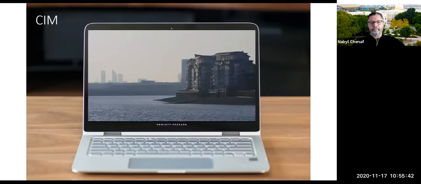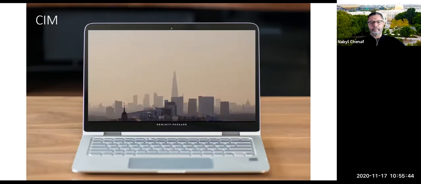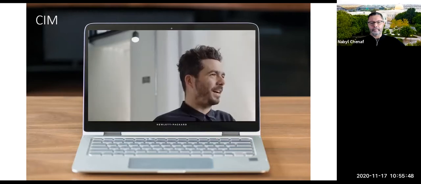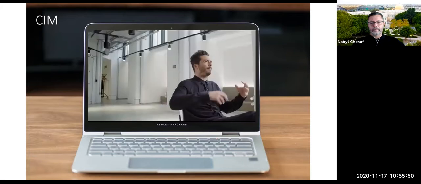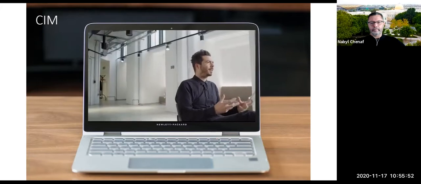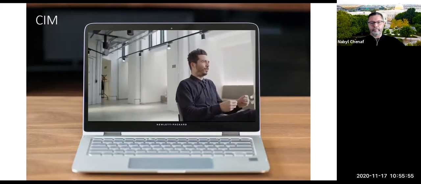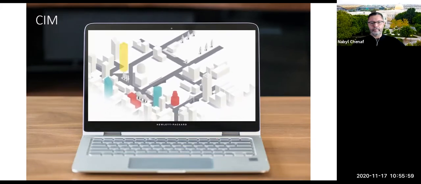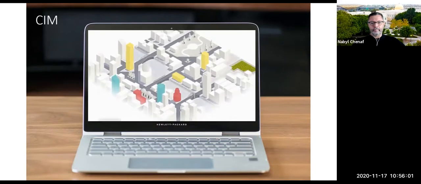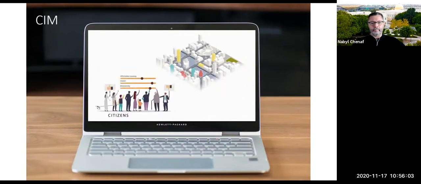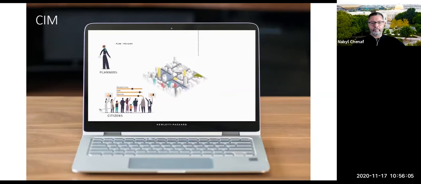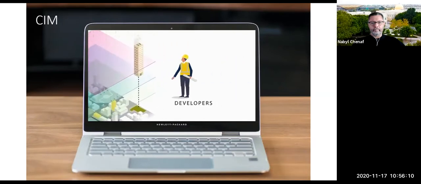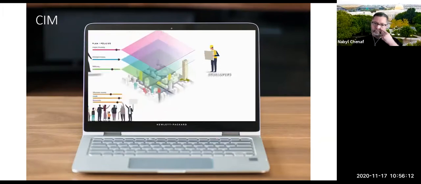The way we plan cities today, it takes about 4 to 5 years to actually produce a plan. By the time these plans are done, these plans are out of date. If we have the city information model, architects and developers will be able to test their proposals before actually building them. We think that a city information model should be valuable for a number of different actors in the city. So citizens can understand what's going on in their neighborhood, can view and query planning applications as they come in. Developers can use the city information model to test their planning applications.